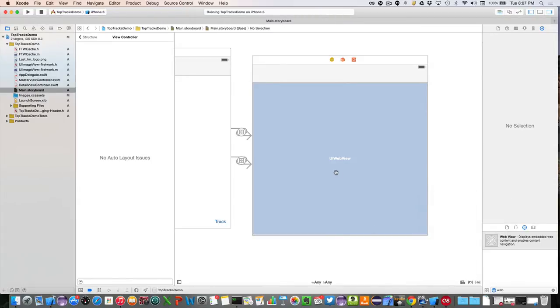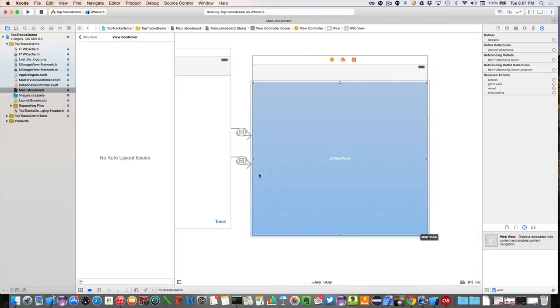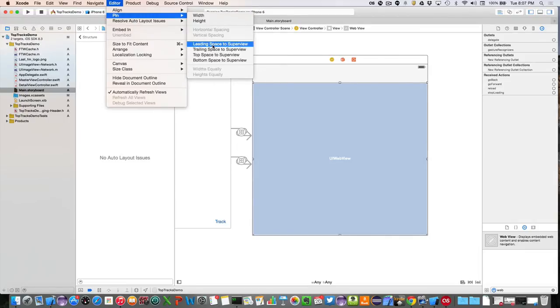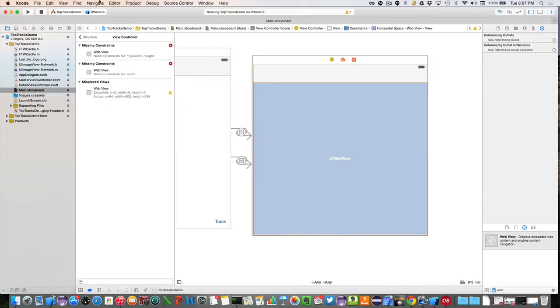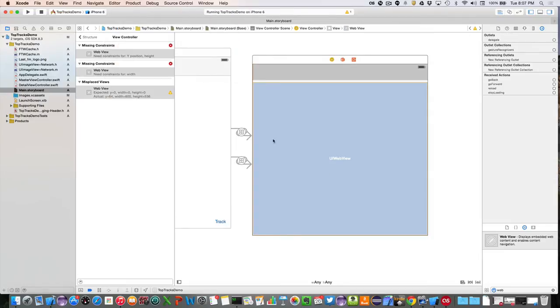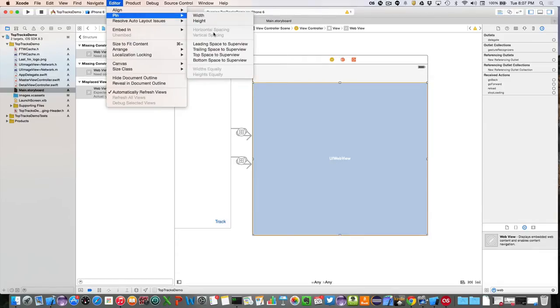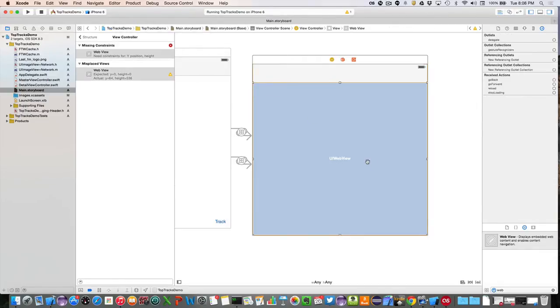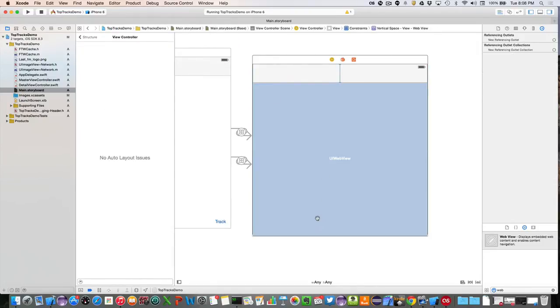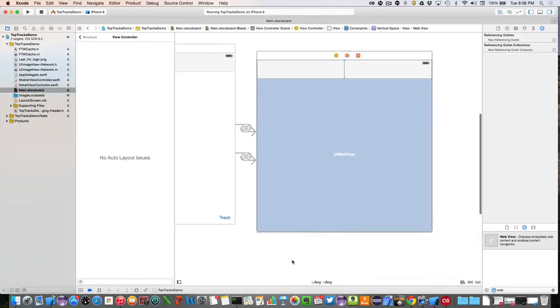No, it won't let me do it there, so let's see if I can do it this way. Okay, let's see if I can do it this way. So line there. So that was leading, editor, oops, and then you got to select it every time. That's what's annoying here. And then editor pin trailing, editor. Alright, so there it is. And now,